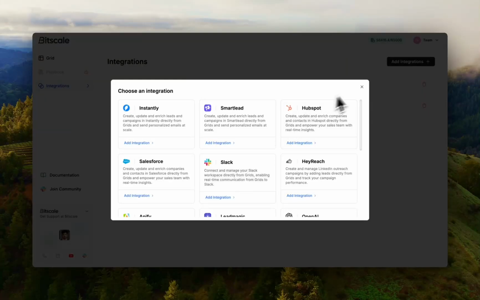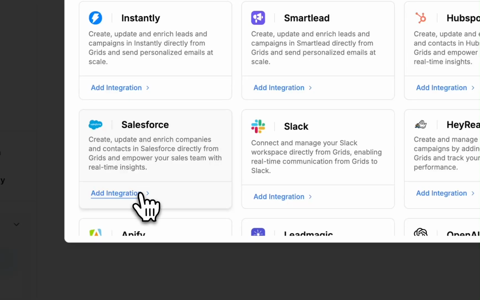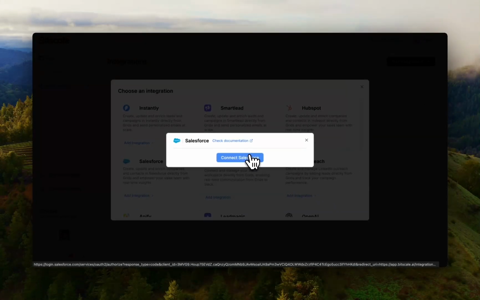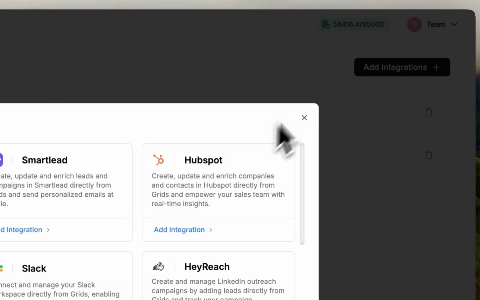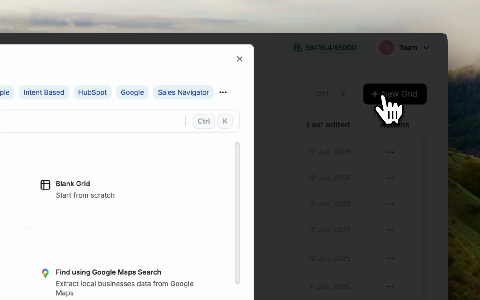So as soon as you head over to the integrations tab right here, you can go to add integrations, and here you'll find the Salesforce integrations. It's fairly simple, just click on it, connect Salesforce, and it will take you to the bridge to do the connection. Once your Salesforce is connected, just head back over to the grid section, and in new grid, you will